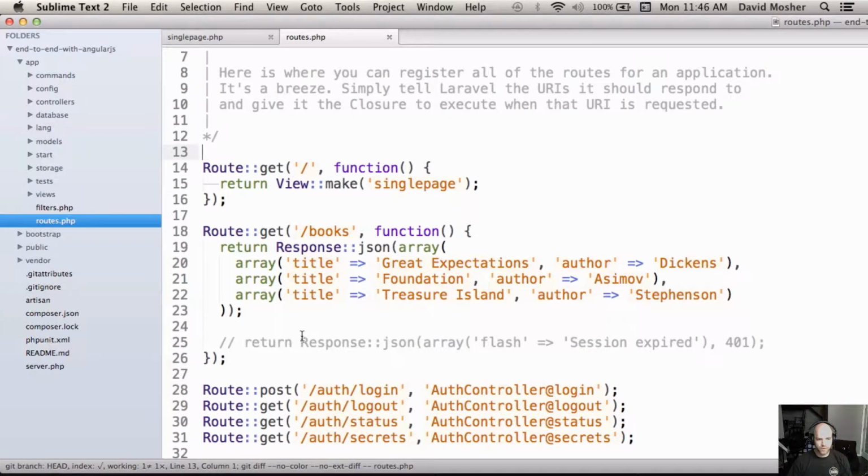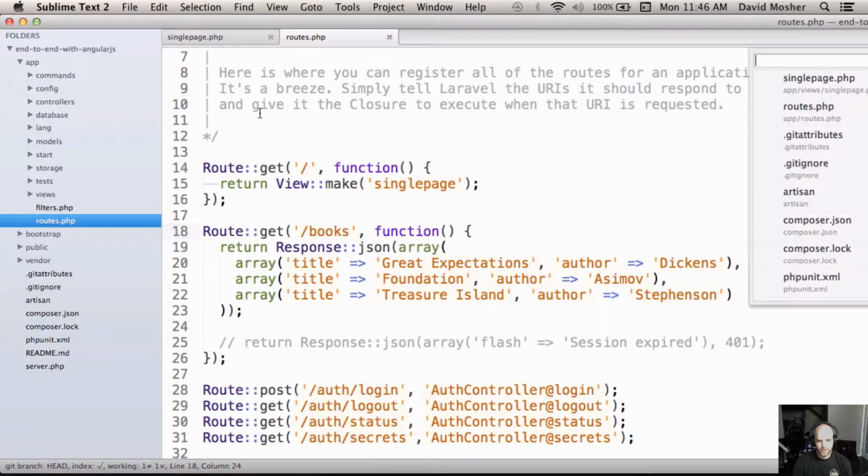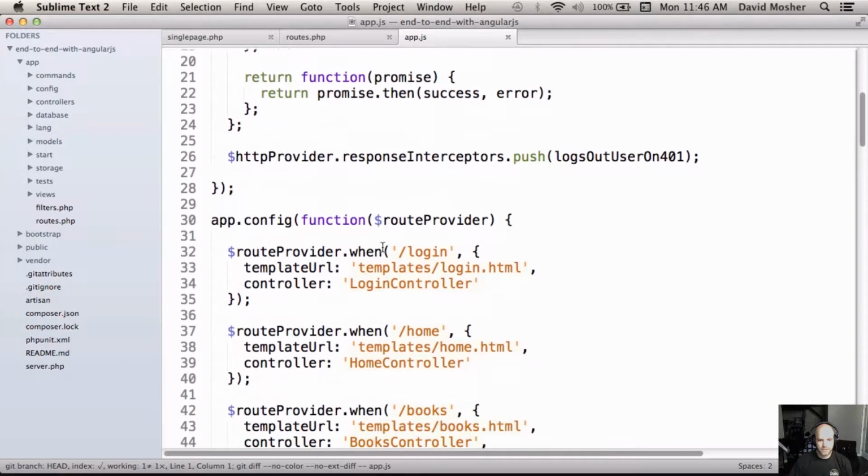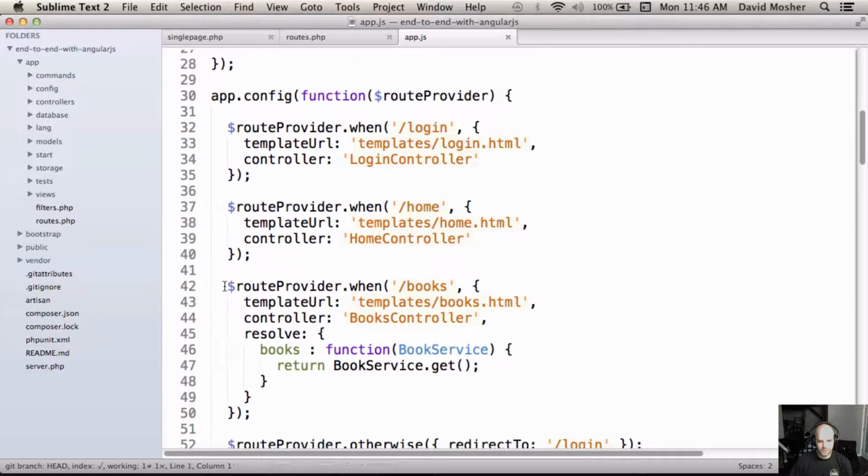I've added a new route called /books, and I've also added the ability to view that. So if we take a look at app.js, take a look at our route provider, you can see that there's a new route here which says I'm going to grab the books. It's got its own template. I've got a controller,